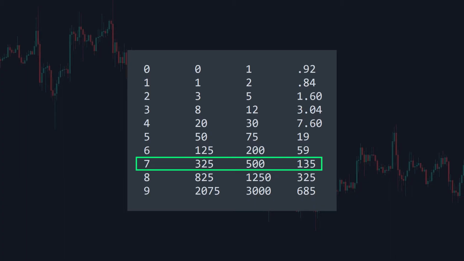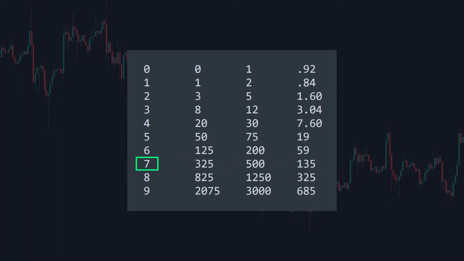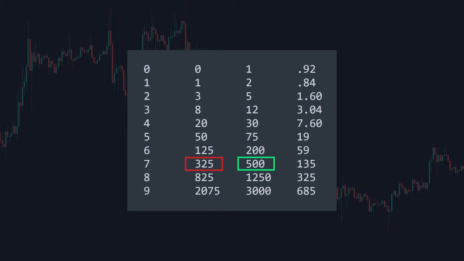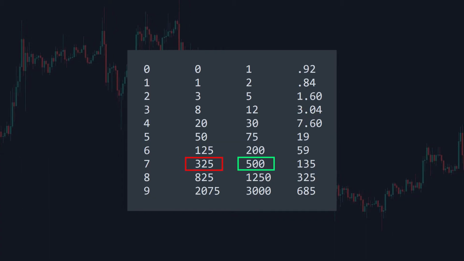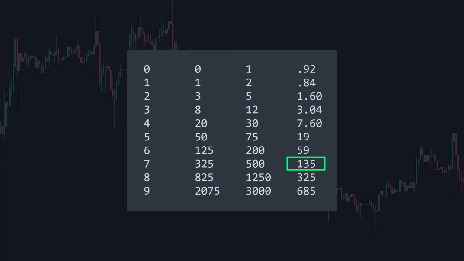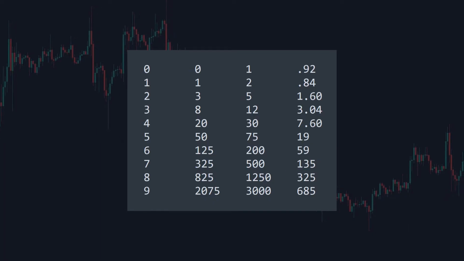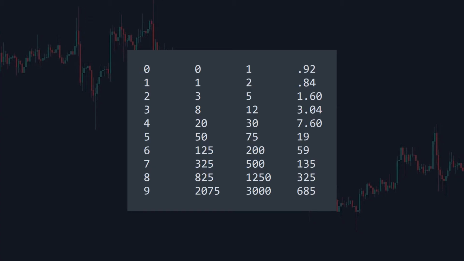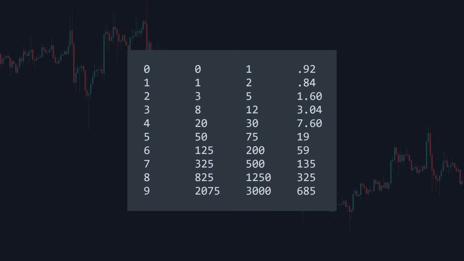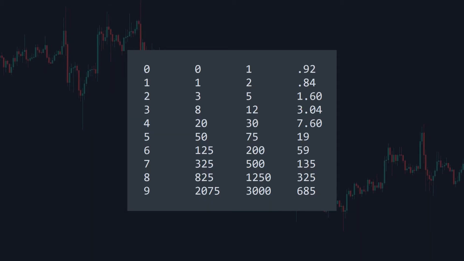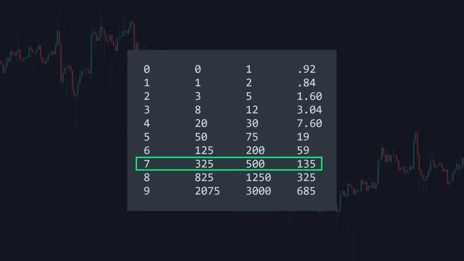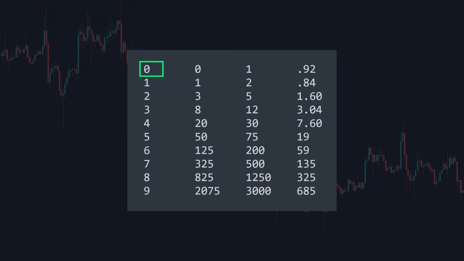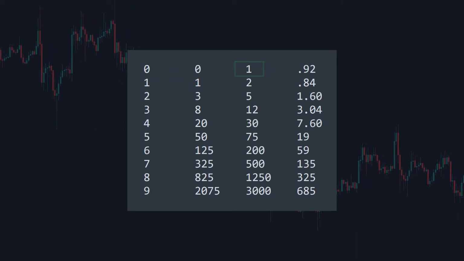Similarly, 8th row means if you had 7 losing trades in a row, risk amount on next trade should be $500 to win back the $325 total loss and gain $135 extra. So if you start trading with $1,000, on the 8th trade your balance is $675. On the next trade you can go up to $1,135. Whenever you win, you go back to the first row, pretending like you had no losses ever, and risk $1 on the next trade.